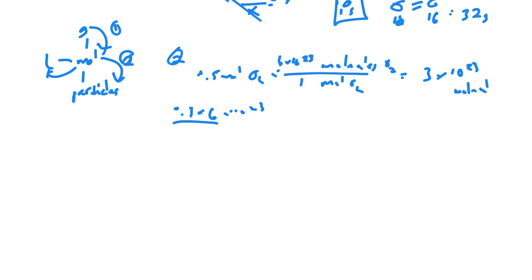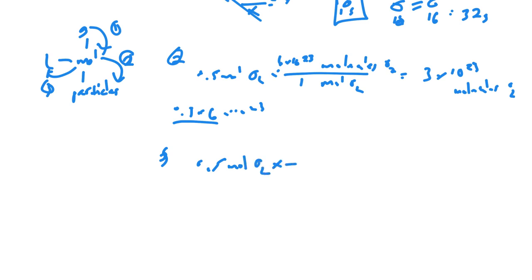Now, step 3. We're going to take that answer, and we're now going to convert it to liters. So we're going to assume that this is a gas at STP. So O2 is a gas at STP. So again, we're going to go back to moles. So 0.5 moles of O2